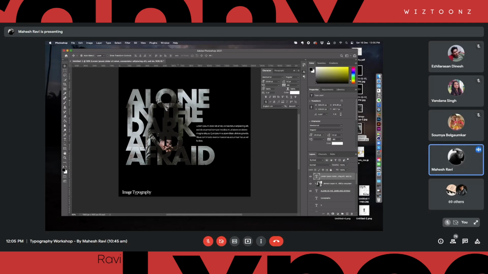But here you can see that that is one image, right? The image is actually flowing without any sort of disruption here. It's in the actual scale, right? So that is the reason we are using that to enhance our typography. That particular story we are telling through our typography, right? This is an example of image typography. I hope this is clear.